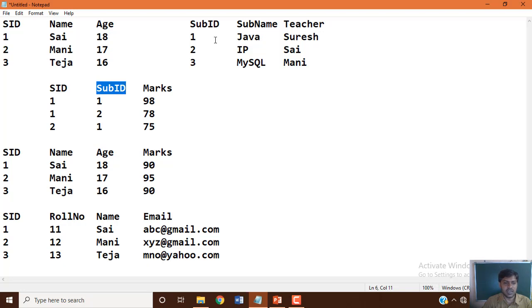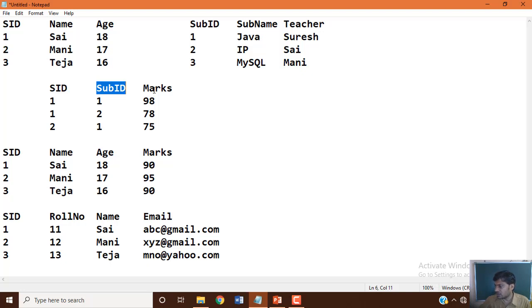That is how you make relationships between these tables, and altogether you can use them for result analysis by using key constraints to store the data in your database tables.